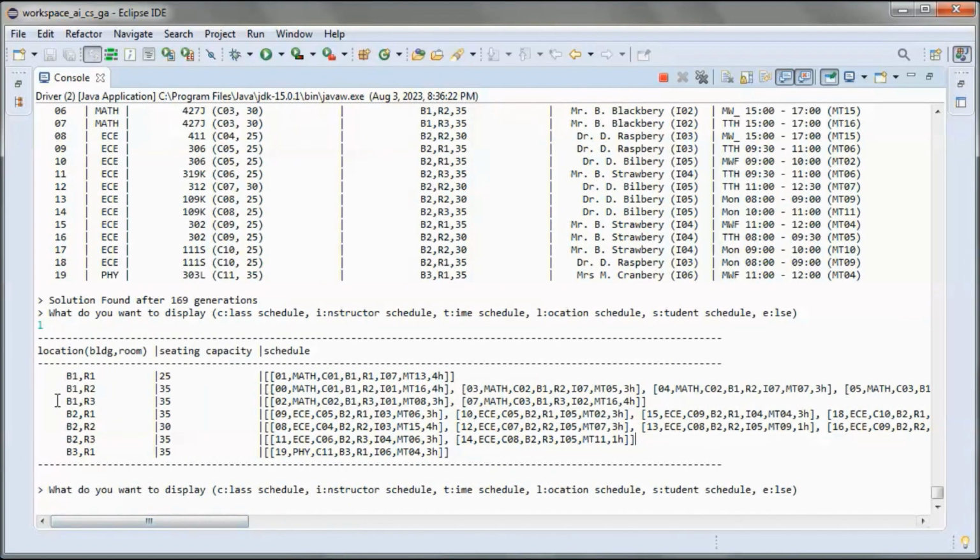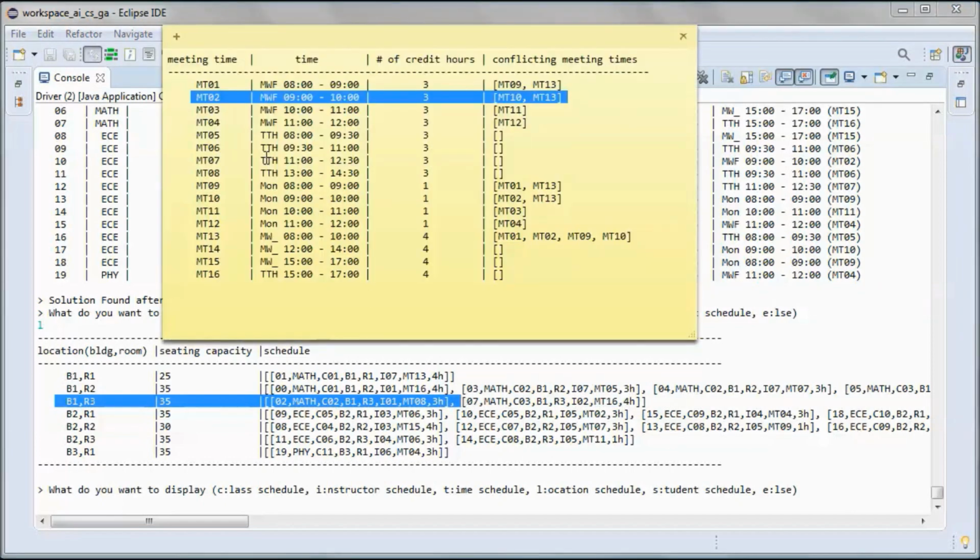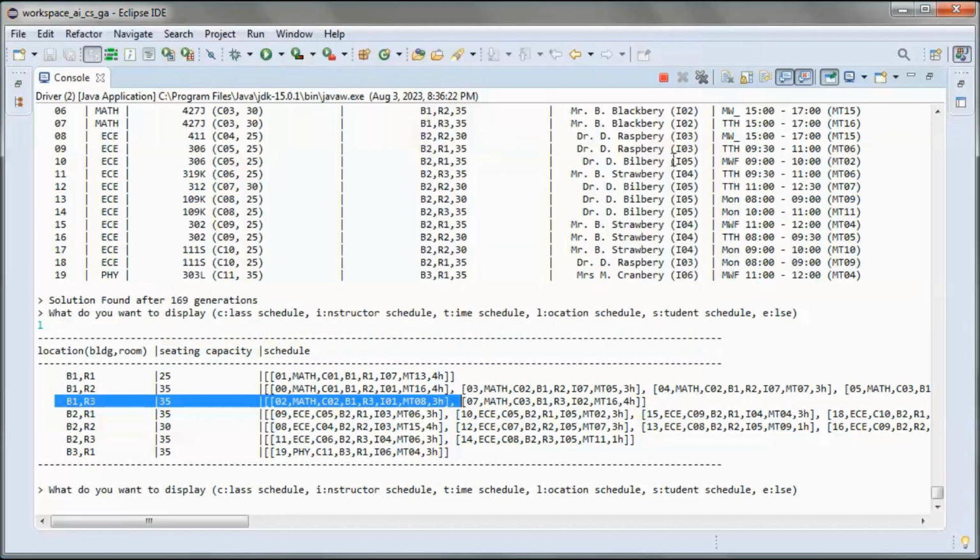And here in this location we have meeting time 08 and meeting time 16. So meeting time 08, same thing, meeting time 16, no other conflicting meeting times.